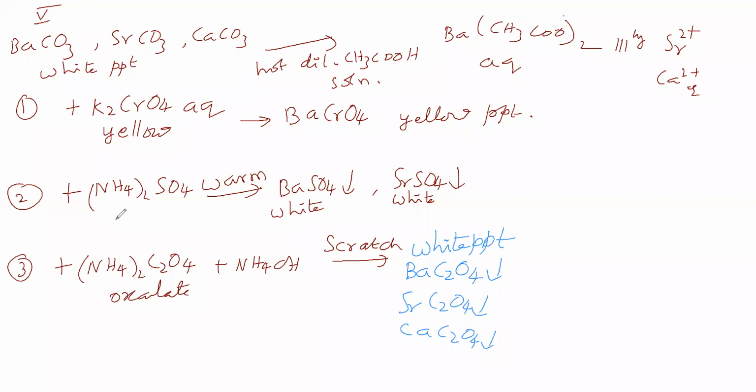Ammonium means add a strong base and warm the contents. You will get ammoniacal vapors. Those ammoniacal vapors are passed through Nessler's reagent. Nessler's reagent test is for ammonium ion. Okay, this is about the confirmation tests for cations. So this is about salt analysis. The salt analysis chapter is completed.